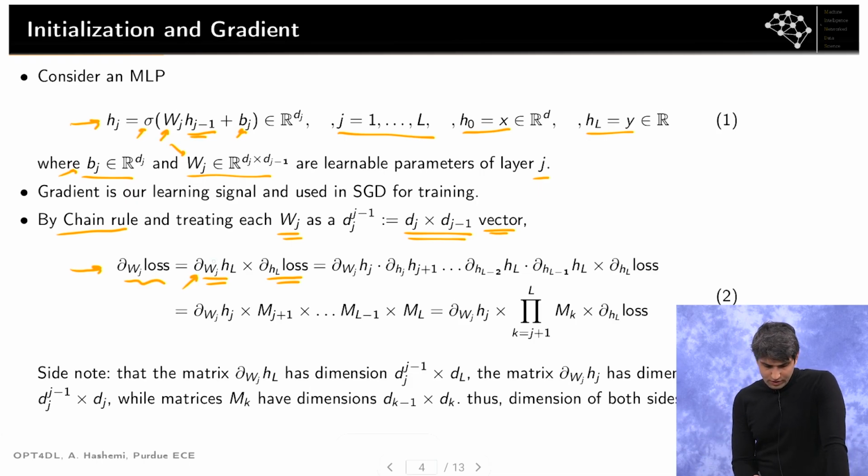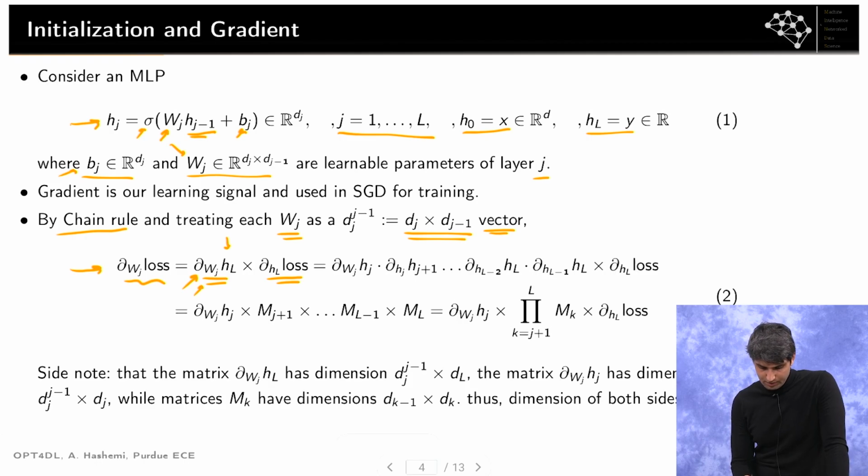Right. So one thing to note here is that h is basically a vector, and we are taking the derivative of a vector with respect to another vector. So the outcome will be a matrix, okay? So therefore, we can use chain rule to represent this matrix as the product of a bunch of other matrices,